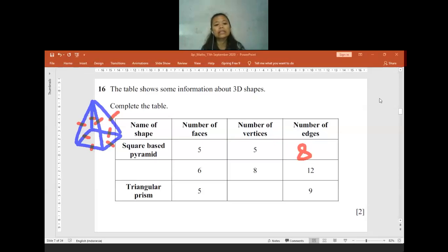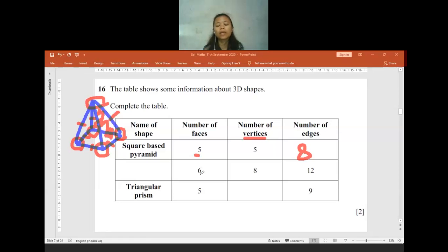Okay? For the vertex in here, vertex is the corner. This is what we call a vertex. So the corners: this is 1, 2, 3, and then 4, 5. That's why the vertices will be 5. And then the faces are the sides in here, like how many shapes are there? There are 4 triangles and also 1 square. In total it will be 5 faces. That is what we call a face, a vertex, and edges. Is there anyone still having any confusion before we move to the second row?